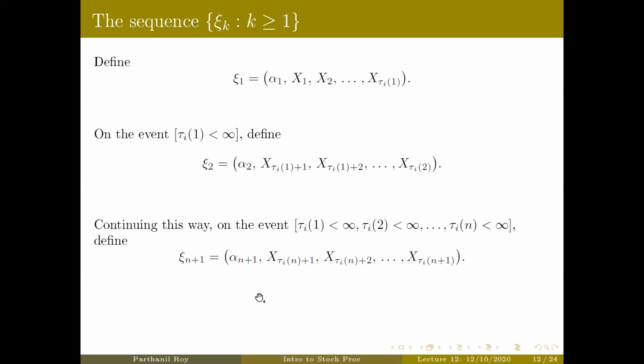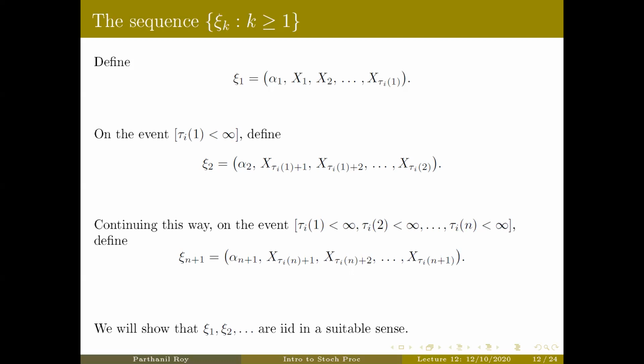Okay. Now these are a bunch of random variables that we defined. It's basically we just attached the length of the excursion with the excursion itself. We'll actually show that even attached with the length, the excursions are IID. In the sense that not only are the excursions IID, if you attach the excursion with the lengths, they are IID as well. So the lengths are IID and the lengths are all independent of the next excursion. So alpha 1 is independent of the next excursion. Alpha 2 is independent of all the future excursions and so on. In fact, alpha 2 would be independent of the previous excursion also and so on.